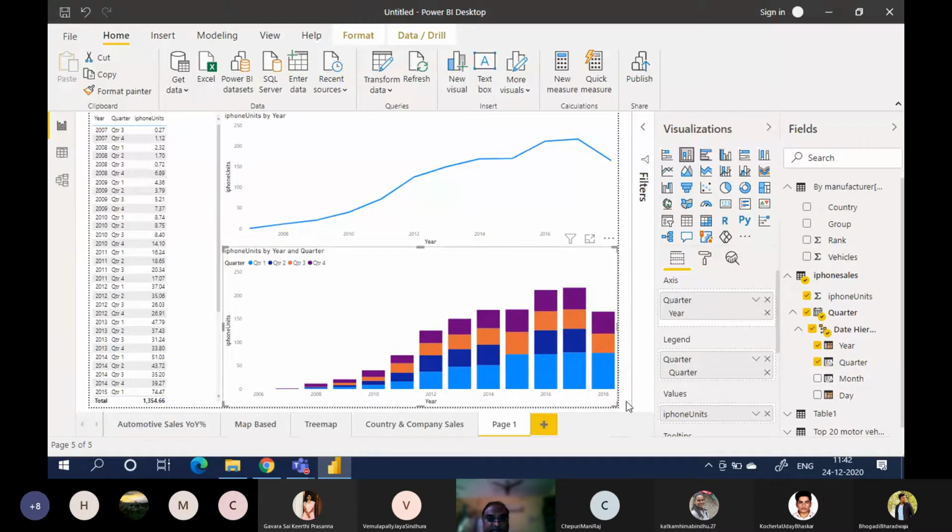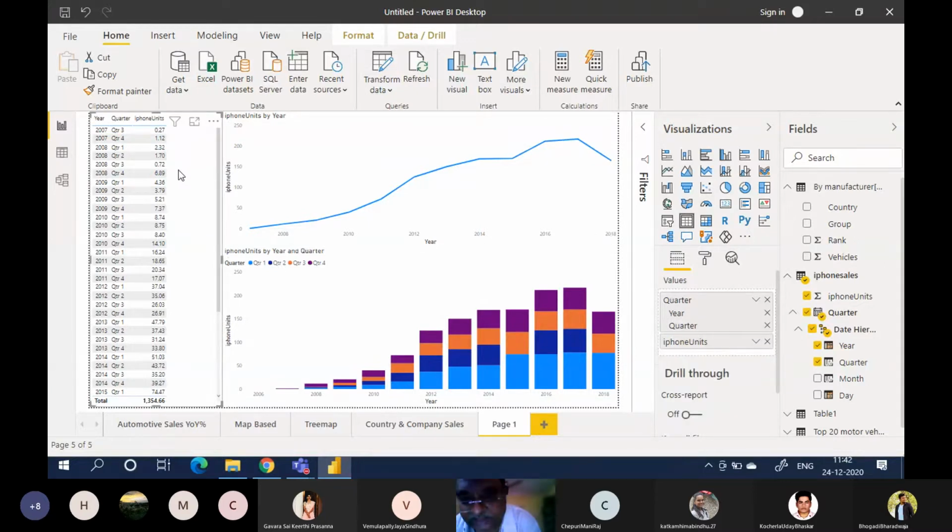See, now you can see quarter wise sales of iPhones. This is total year wise, and this is quarter wise. Now calculate year on year growth for this. Sorry, quarter on quarter growth. Calculate.